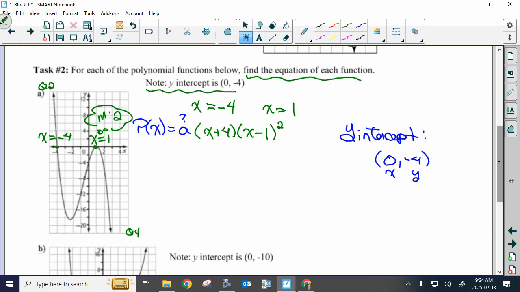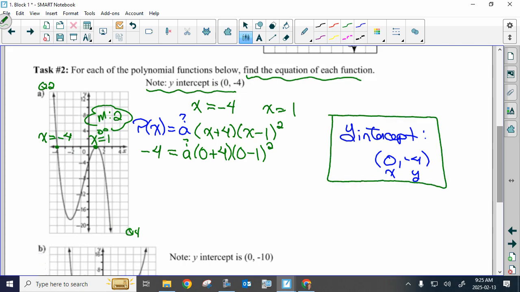So I have the gift of an ordered pair that wasn't an x-intercept. My x-intercepts have already been used. You can't use them again. I'm going to put the -4 in for the y and the 0 in for the x. And I'm going to algebraically determine the A value that would make my function go from quadrant 2 to quadrant 4 and go through this specific y-intercept. So I'm going to do the algebra. If you've been given the gift of an ordered pair and you're missing something like the stretch factor,